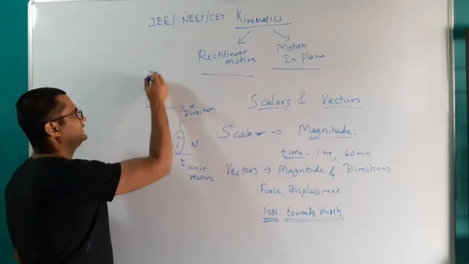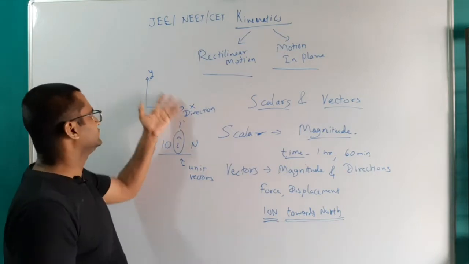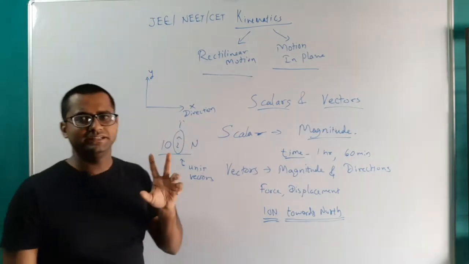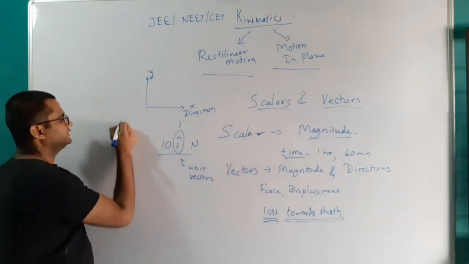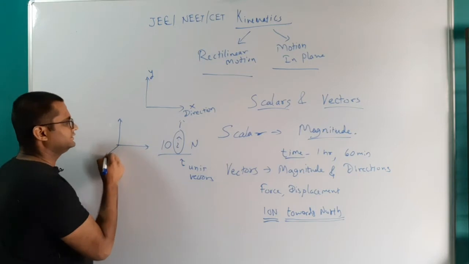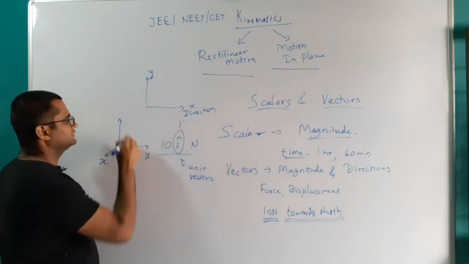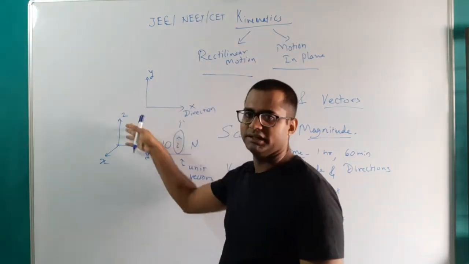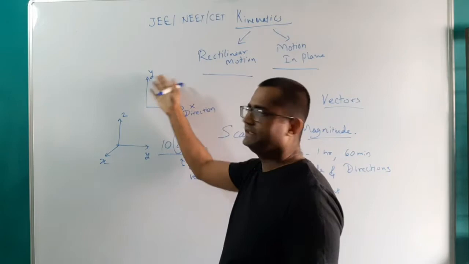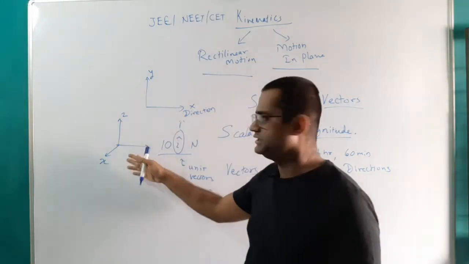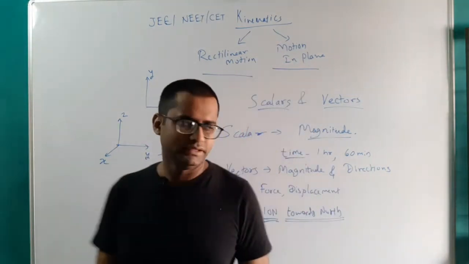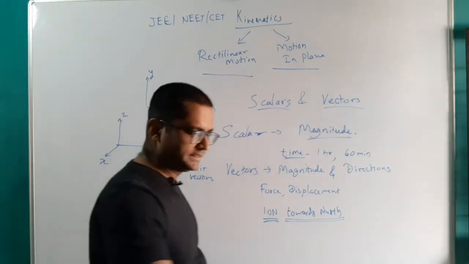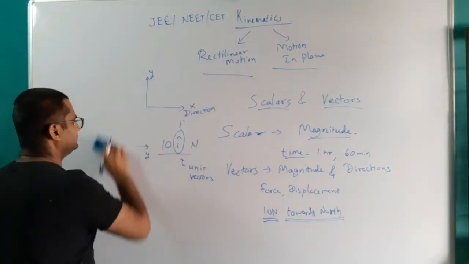This is x, this is y. Generally, if we have motion in plane, since we are dealing with this, we need only two coordinates, x and y. But in general, if we want more than two coordinates, then this could be another way to write the coordinate system, which is xyz. So this is the Cartesian coordinate system, this is only xy, and this is xyz. This is the three-dimensional Cartesian coordinate system, and this one is two-dimensional, since we are considering only two coordinates. Fine. So this is what we have studied so far.